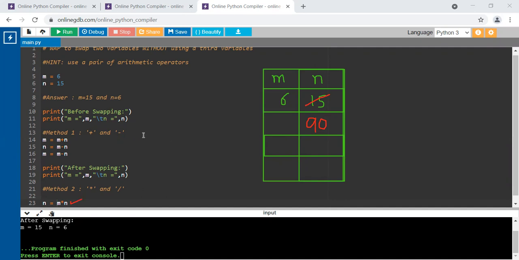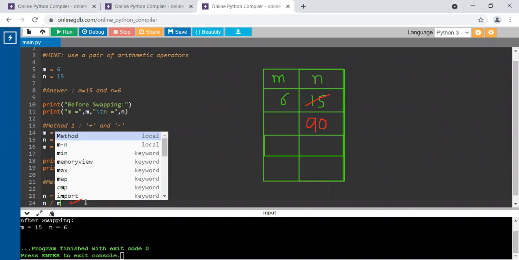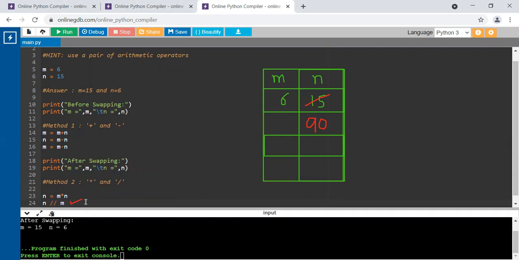Now I'll divide the variables. That is, I'll divide n by m. Now remember, this is Python. You don't want to do float division. You don't want decimal numbers in the answer. You want floor division. So for that, we will use 2 slashes. Although we know 90 divided by 6 is going to give an integer value, still we will use n // m. That is, we are going to perform floor division on variables n and m. We'll divide them, and after dividing, we would like to store the answer in variable m.